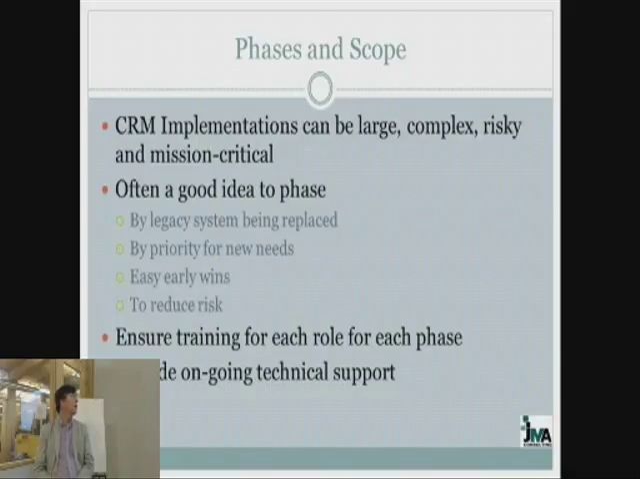You need training for everyone, especially if it's back office complicated workflows. You need to plan on ongoing technical support. These are enterprise systems, and